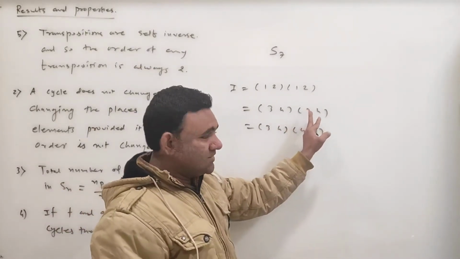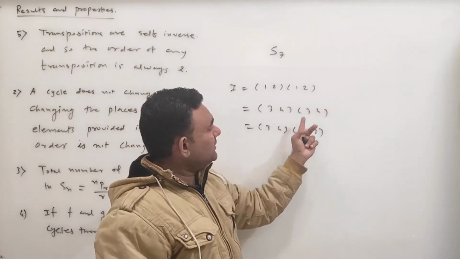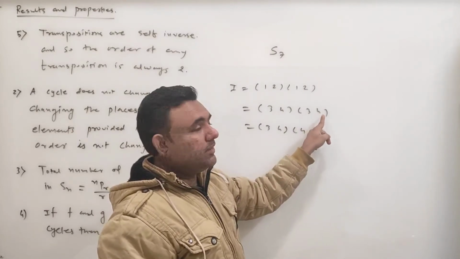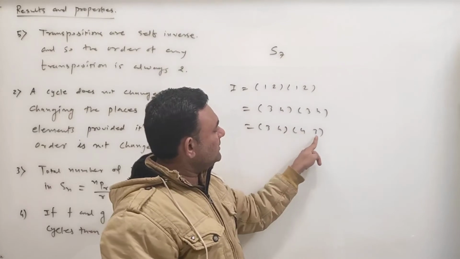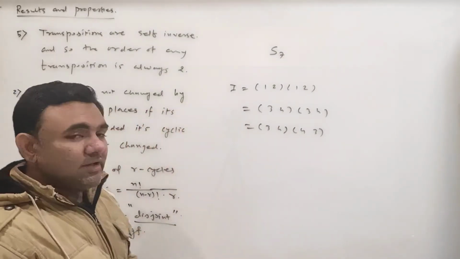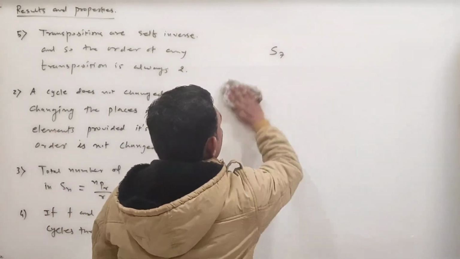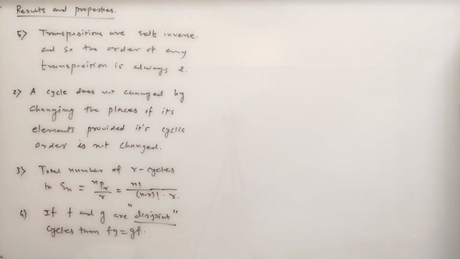You can always change the order of a cycle; it remains unchanged by changing the order of elements in cyclic order. Image of 3 is 4 and image of 4 is 3. This transposition also gives the image of 4 is 3 and image of 3 is 4, right? So identity can be written in this way also. Okay, now this is what